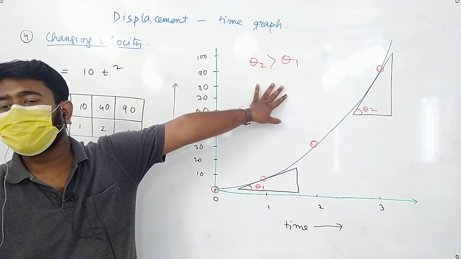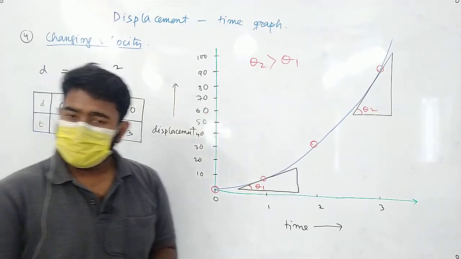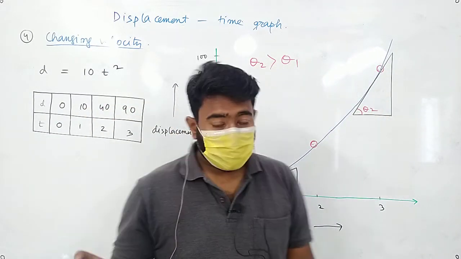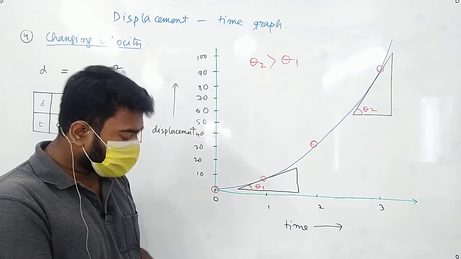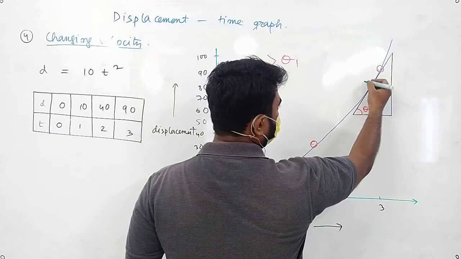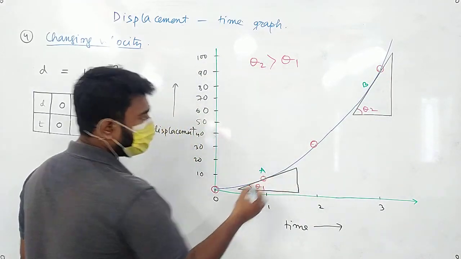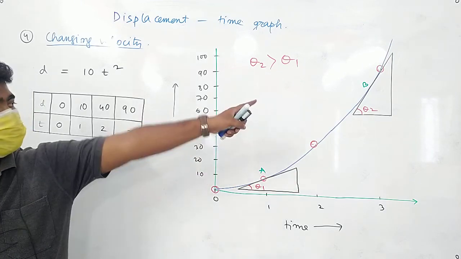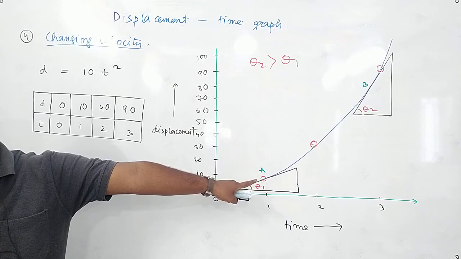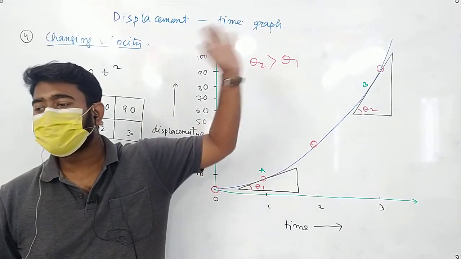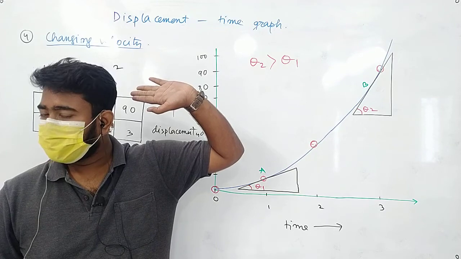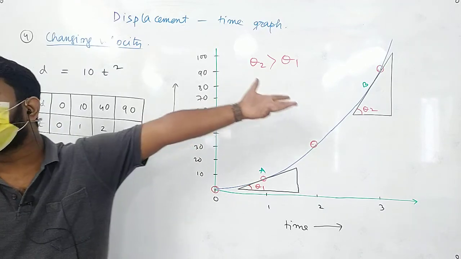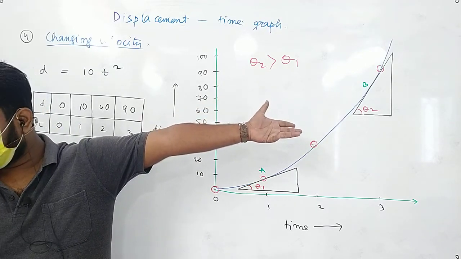Okay, so if angle theta 2 is more than theta 1, we told you if the angle is more, is the velocity more? Yes. Okay, so if I take this position at B and this position at A, velocity is more in which case, B or A? B. So velocity at B is greater than velocity at A. That means in this kind of motion the velocity is increasing, right? The velocity is increasing. So when velocity increases with time, we see it is acceleration.